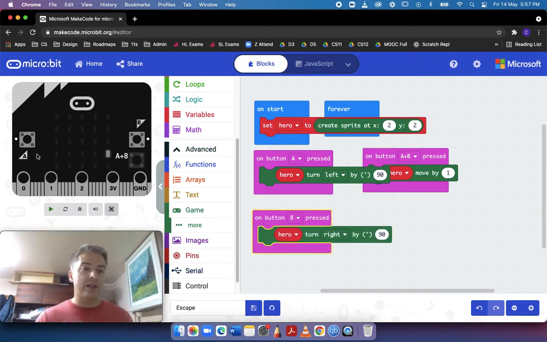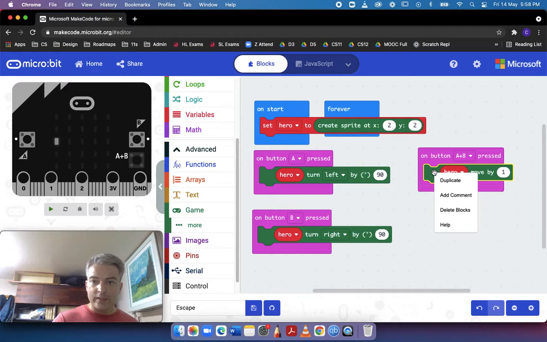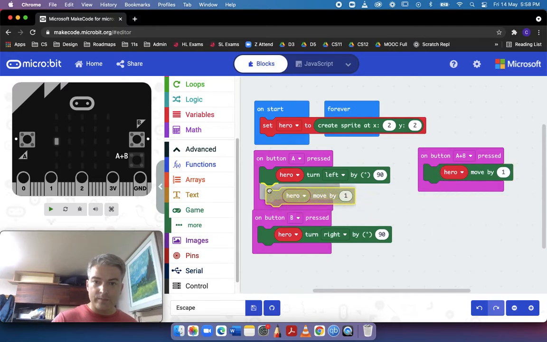They can turn left, they can turn right, they can move forward. Let's see. Forward, forward, we'll turn right, move, turn right, move. There's a lot of things you could do in here. If you want them to turn right and move right one, I could do something like this. I'm going to duplicate this. And now when I run this code,